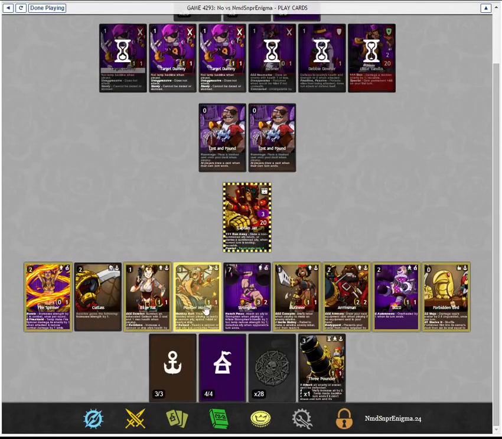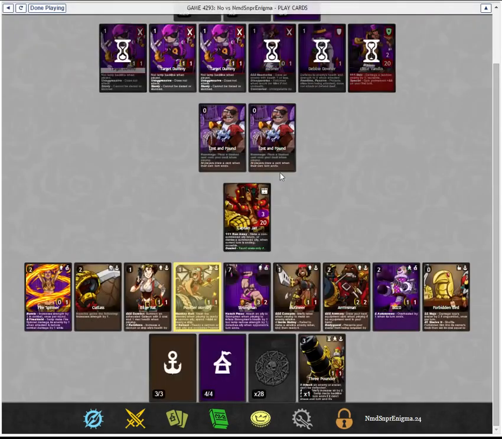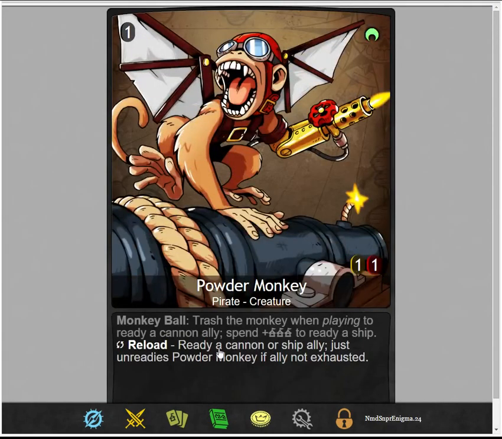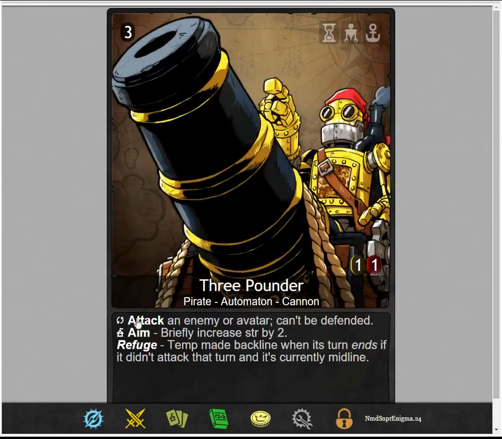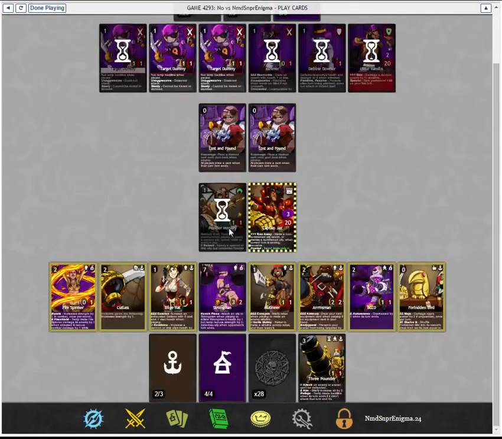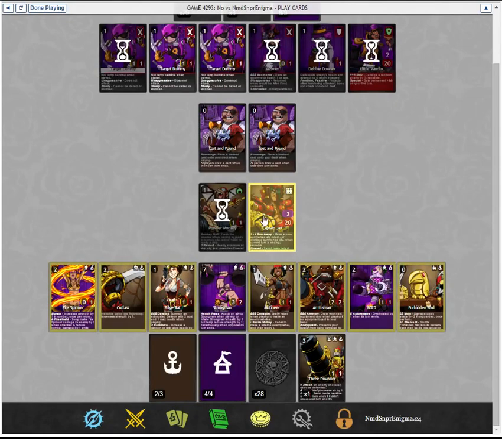We're going to play this powder monkey. Powder monkey is capable of readying a cannon or ship. That is nice because it lets my cannons attack more often. Typically, cannons exhaust themselves when they attack and can only attack every other turn. So I will...